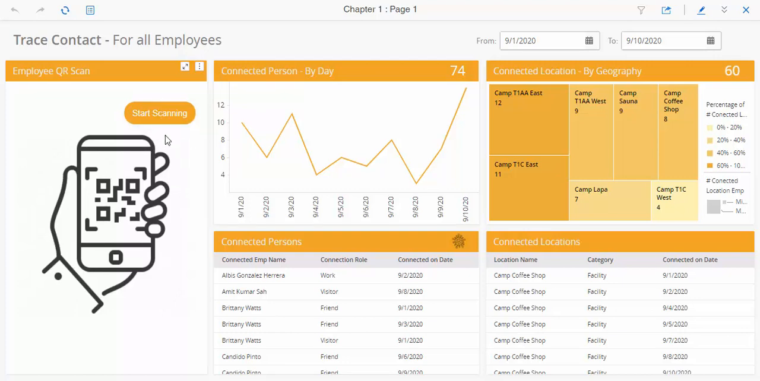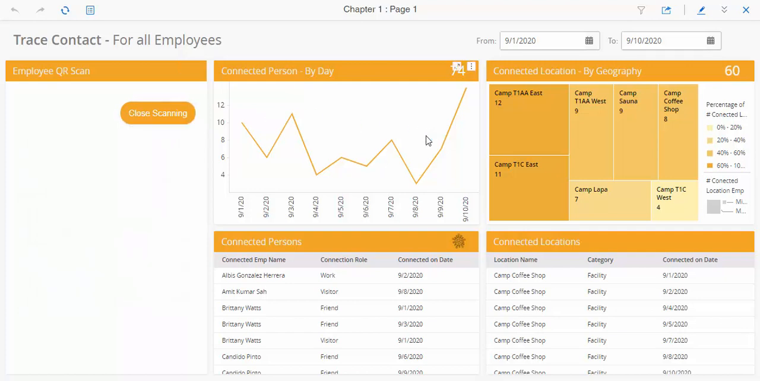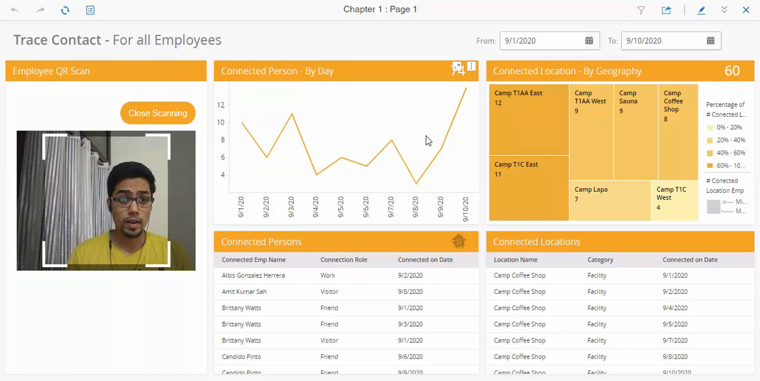Now I'm going to start my QR code scanning. It is going to open the camera of your device. By default, the highest index camera will be opened, but you can set it in the properties also. But yeah, let's see. Suppose,